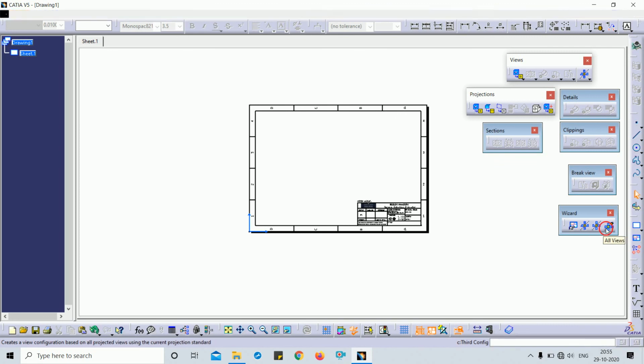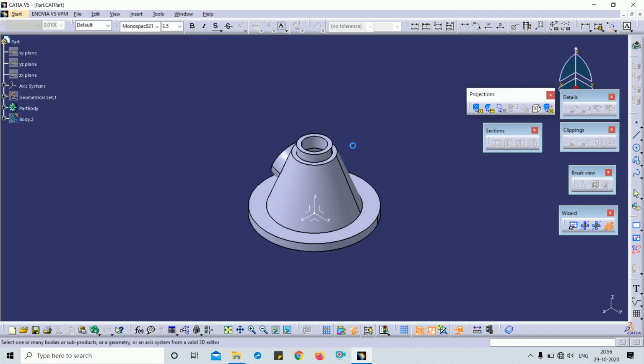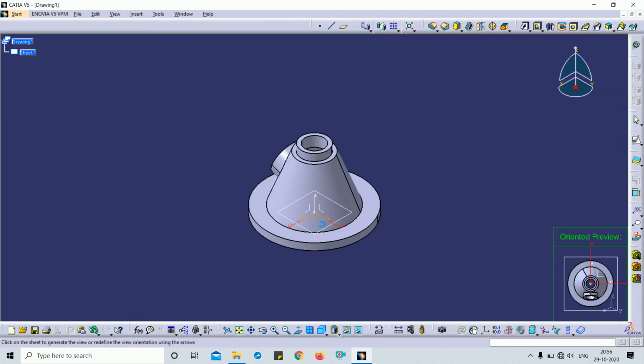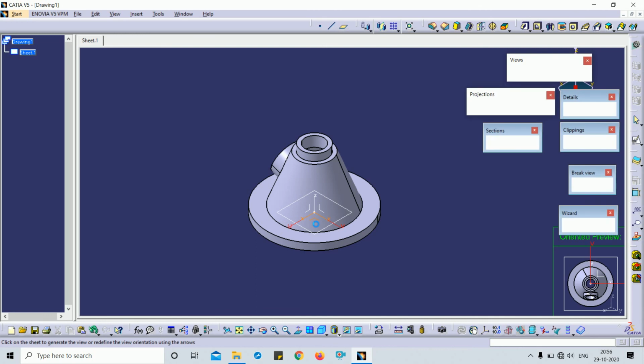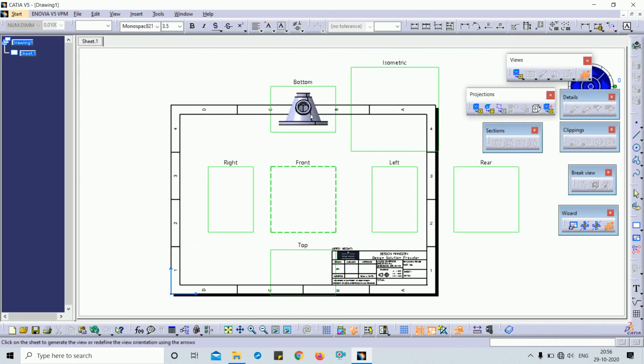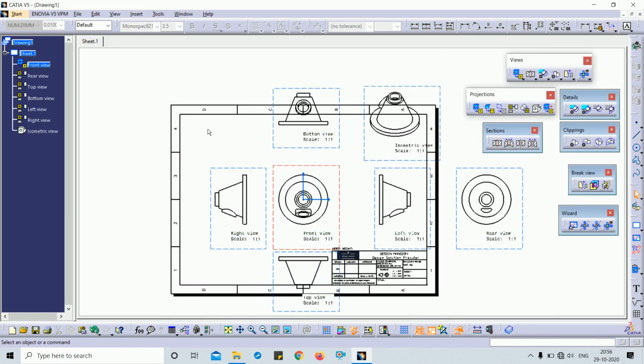For example, I will just put all types of view in one click. So I just select this plane. You can see this is my bottom view, front view, top view, right hand side view, left hand side view, this is my rear view and this is my isometric view. Okay, so in one click all kinds of view you can put by using that command.